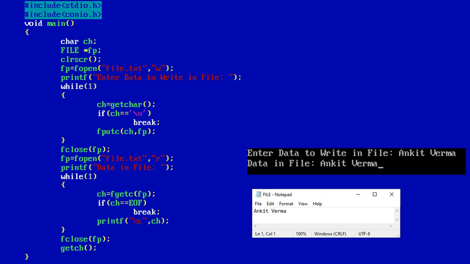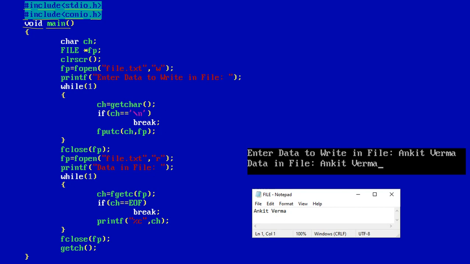Today we are discussing the file handling program in which we are taking the input and we are going to write that into the file. So first of all we are starting this program. Now #include stdio.h, that is the standard input output header file for printf and scanf functions. Then #include conio.h, which is the console input output header file for clear screen and getch functions. Void means no return type. Main is the driving program, the main program.